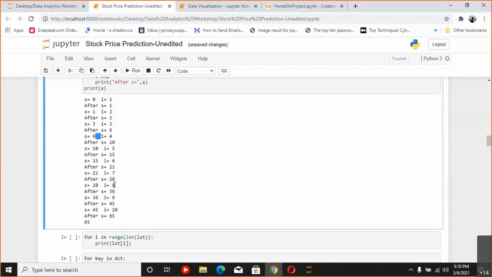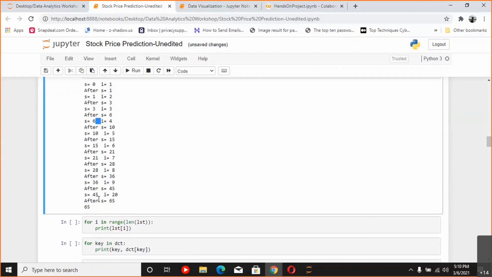And similarly, the loop went on, and finally, the last i was 20 and s was already 45. So 45 plus 20, s became 65, and that was the final s that we got as an answer. So this is where loops are used, if you just want to perform a repetitive operation on a set of values that can be iterated over.